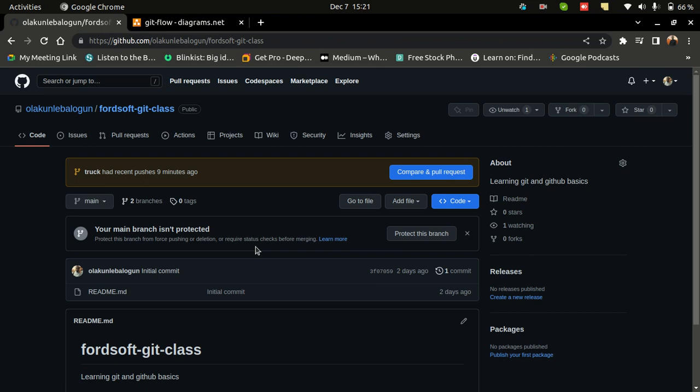Maybe clone Lily. Git clone, paste. So it has cloned, yeah. So you can now open this now. I can now open this and say